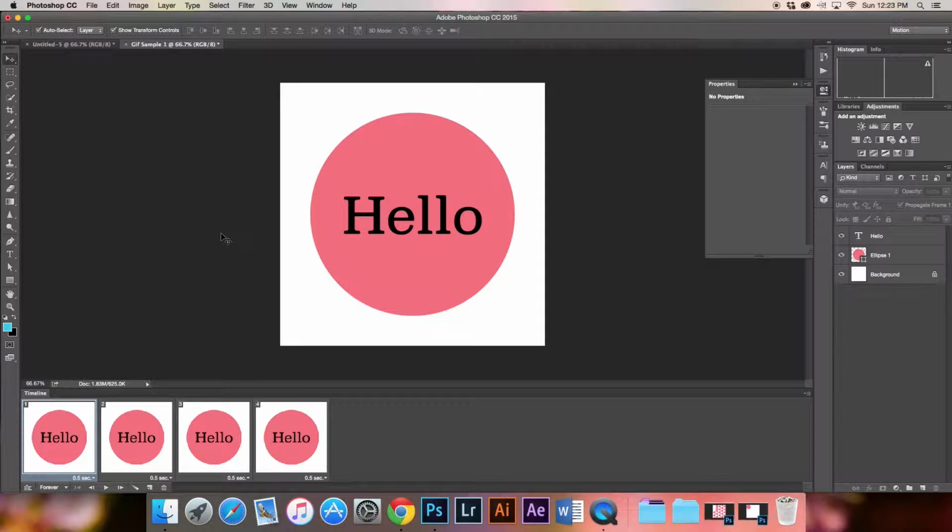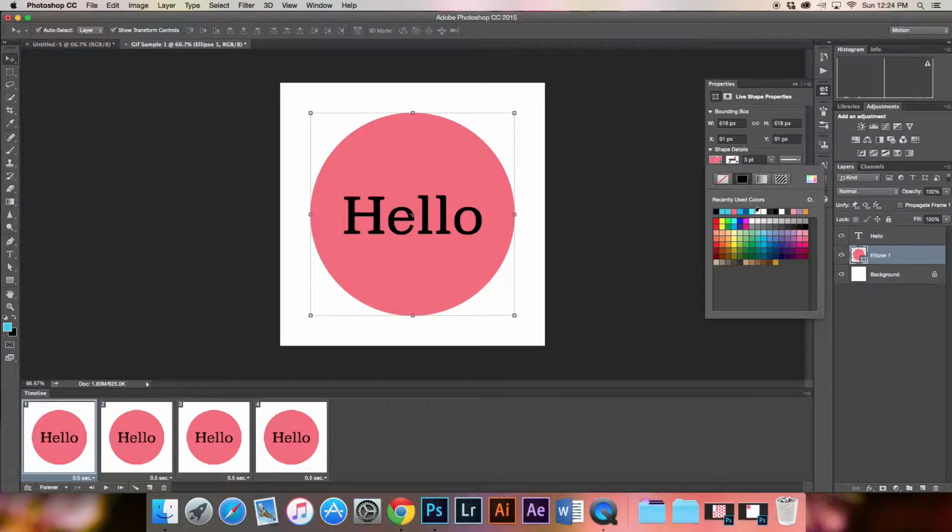The other thing you cannot do is change the color of your shape layer. So let's see here, I have this selected. Now if I change the color to red, you'll notice that all of these change.